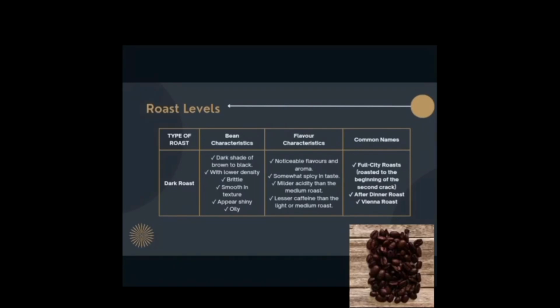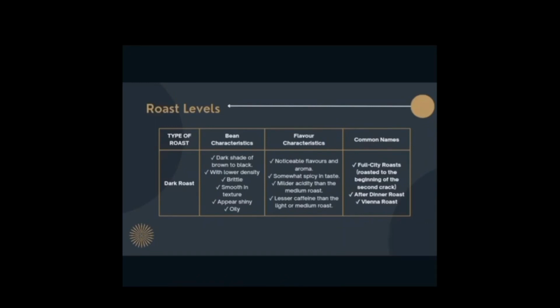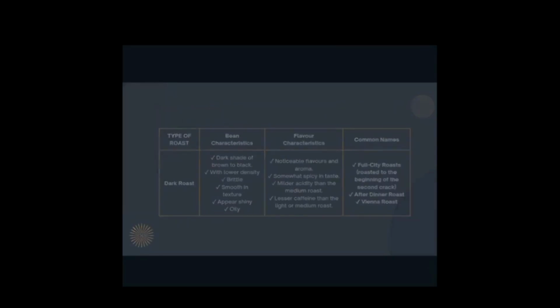Now we have the dark roast. The main characteristic of it is a dark shade of brown to black with lower density, and the flavor characteristics are notable flavors and aroma, somewhat spicy in taste, while the common names are full city roast and its